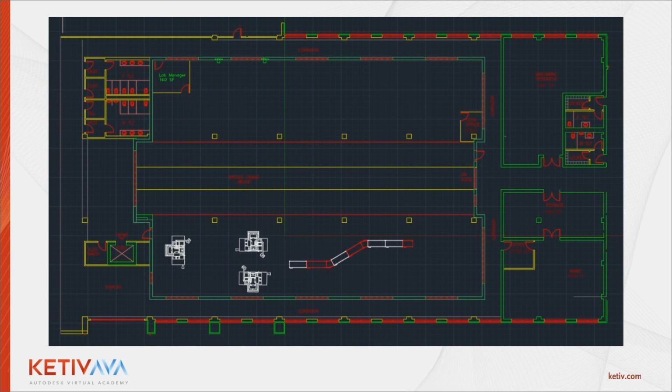Cool. So what is this, you may ask? And I'm sure this looks pretty familiar to a lot of people on this call. This is a 2D layout. Traditionally, most people are doing their layouts in 2 dimensions. They are creating their doors, their windows, things like that, and then they're going to lay out their equipment within that factory or facility